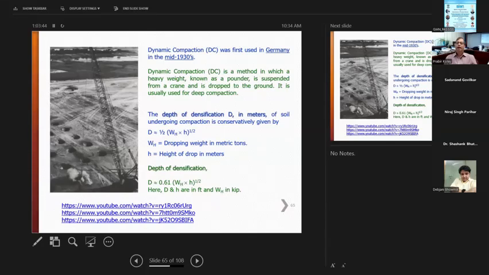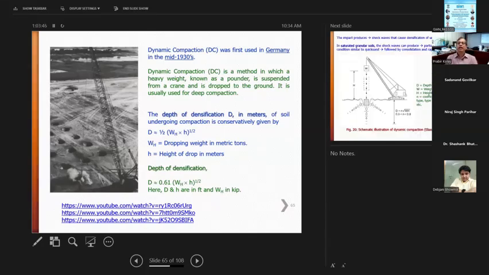Deep dynamic compaction was first used in Germany in the 1930s. It's a very simple method. A heavy weight, known as a pounder, is suspended from a crane and just dropped. Okay, it's very simple. And then how much depth of densification is going to occur depends on